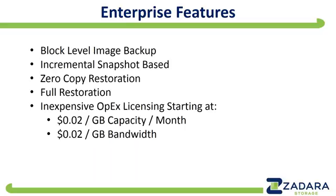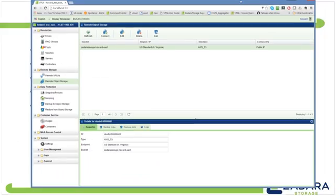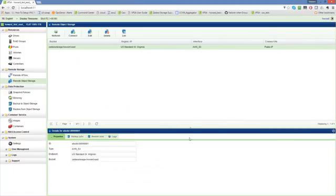So the next thing we're going to do is I'm going to show you how simple it is to do a backup. Here I'm logged into my VPSA, and if you look under the remote storage and the data protection, there is a new thing called remote object store, and that's what you'd have to do to configure a backup job. So this is going to be the repository that I already will be using today, which is in AWS S3, and it's very simple to connect to